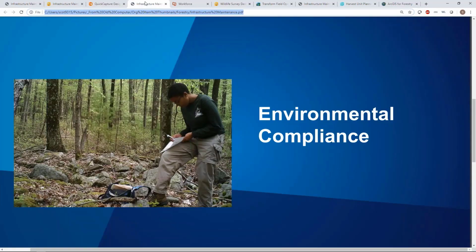So the second workflow I want to focus on is one that Sarah just covered in detail, and I want to give an overview and an end user experience of what these tools can do for an environmental compliance workflow. As Sarah mentioned, mapping and data collection are crucial to monitoring sensitive wildlife and preserving habitats. This work often occurs in remote areas with little or no connectivity. And so managing mobile workers and equipping them with the right tools to capture information efficiently can be a major challenge.